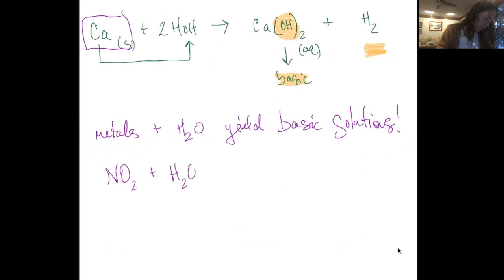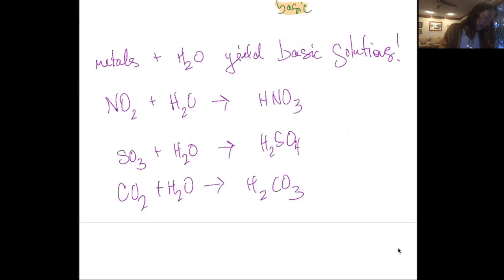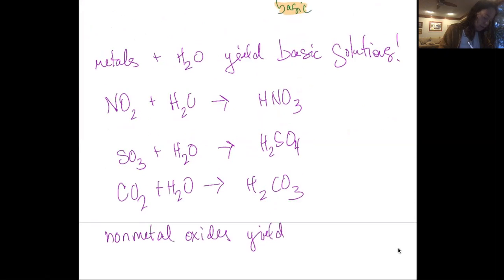Oh, well, look what we might end up with here. Don't worry about balancing, right? We could figure that out later. Don't need to worry about it. Let's take this guy, put it with some water. Oh, let's look at what we might get there, right? And let's look at another one, CO2 plus H2O. Oh, look. So what we see here is that non-metal oxides yield acidic solutions,